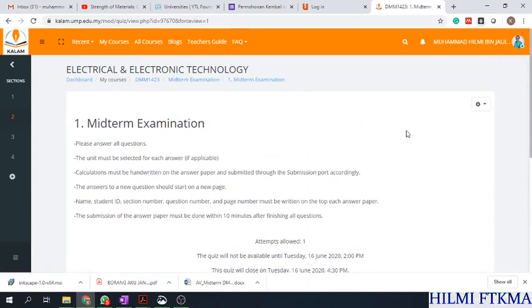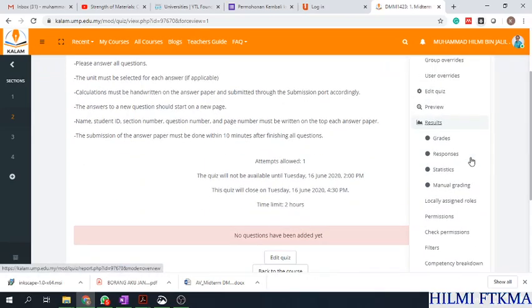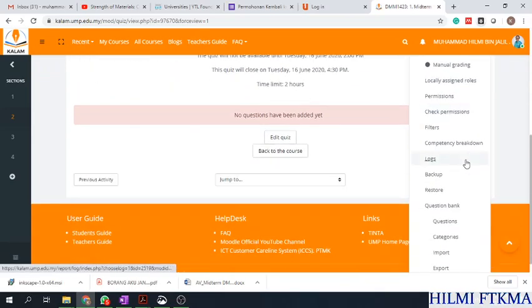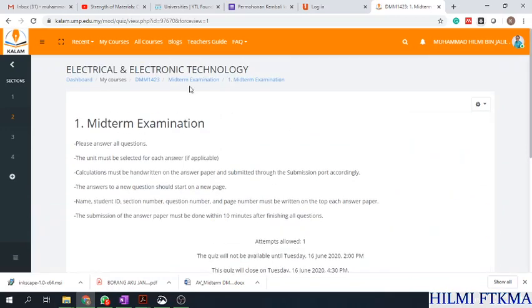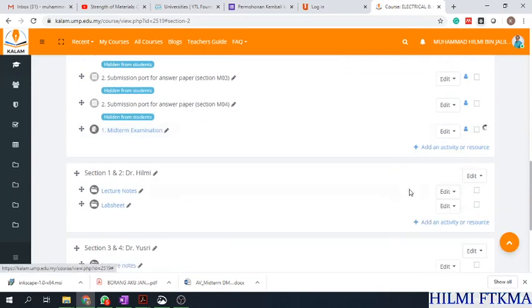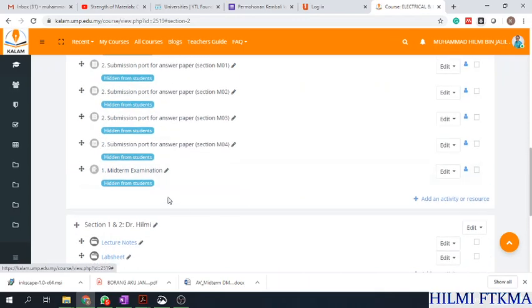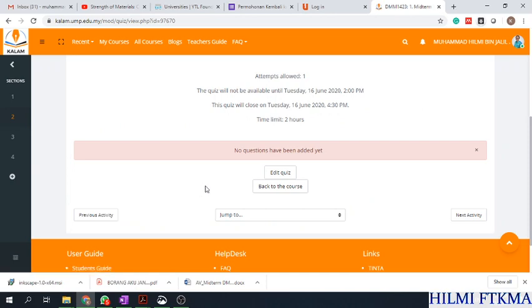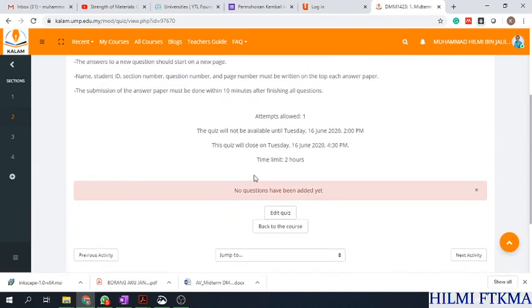So right now, the midterm examination is not hidden, so we can go back to the midterm examination section where we have this part here. We can hide it, okay, and we can click the midterm examination that we have just created before, and we can go to edit